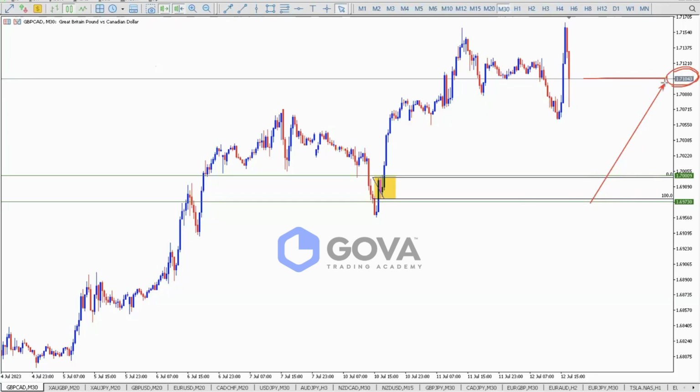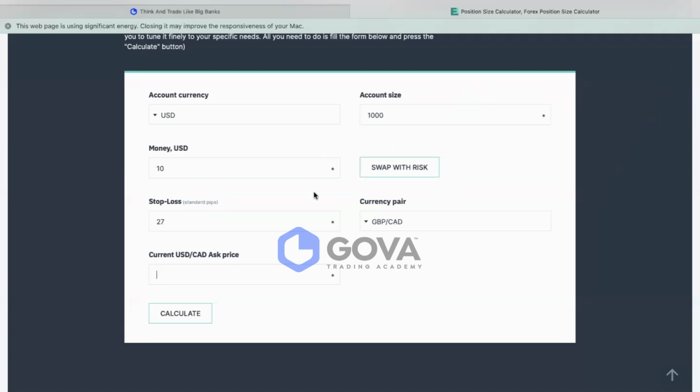The current market price here is 1.71021. So I'm going to put 1.71021. That is the current price. Even though it is moving, it doesn't matter so far as you can get a close price for the current price. So the next thing to do, after putting the right parameters in all these areas,